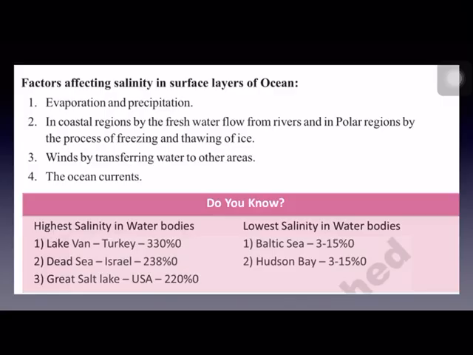Baltic Sea, do you know the location of Baltic Sea? It is located between Sweden and Finland, and more than 200 rivers join this Baltic Sea. As you know, all the rivers join the sea only, finally. But in this Baltic Sea, more than 200 rivers join. Because river water is fresh water, the Baltic Sea's salinity has decreased. It is the lowest salinity. That is one of the most important reasons why Baltic Sea has the lowest salinity, because more than 200 rivers join the Baltic Sea.